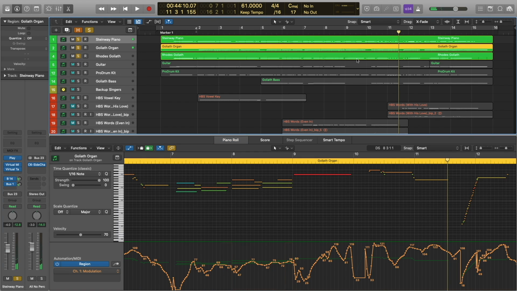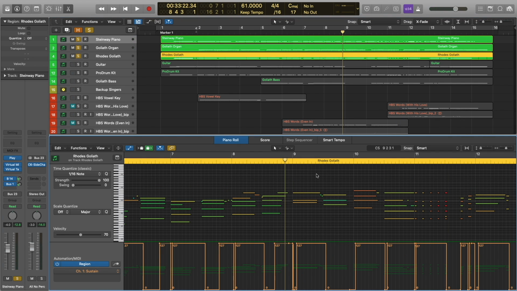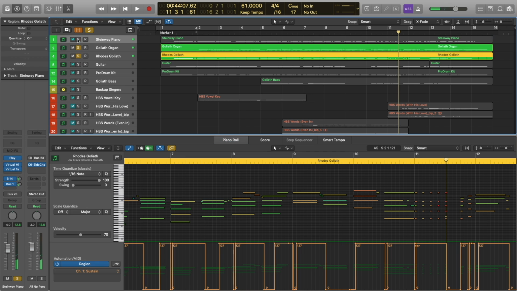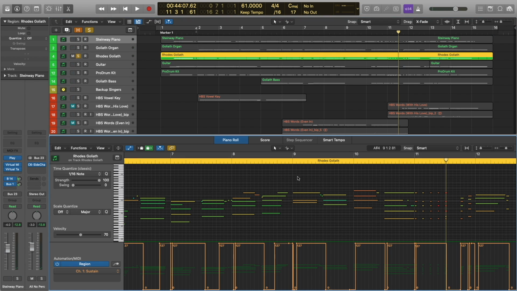All right, let's check out what the Rhodes is doing. And I'm actually going to go ahead and solo the Rhodes just because you haven't heard it by itself yet.